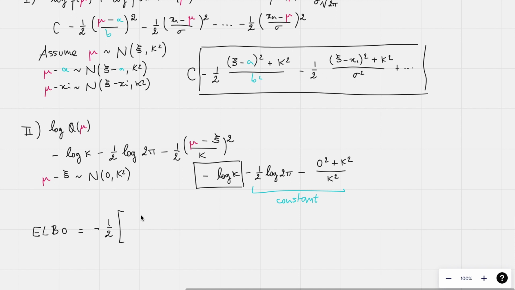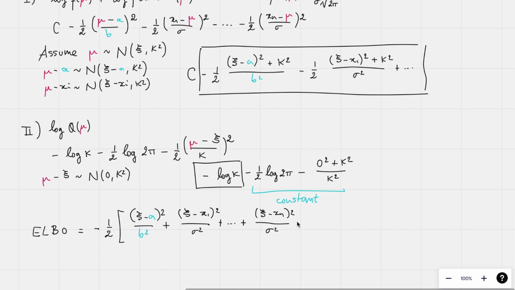Here I'm going to factorize with the minus 1/2, and so (xi minus a) squared divided by b squared, plus (xi minus x1) squared divided by sigma squared, and I have n terms like this, so the last one is (xi minus xn) squared divided by sigma squared,